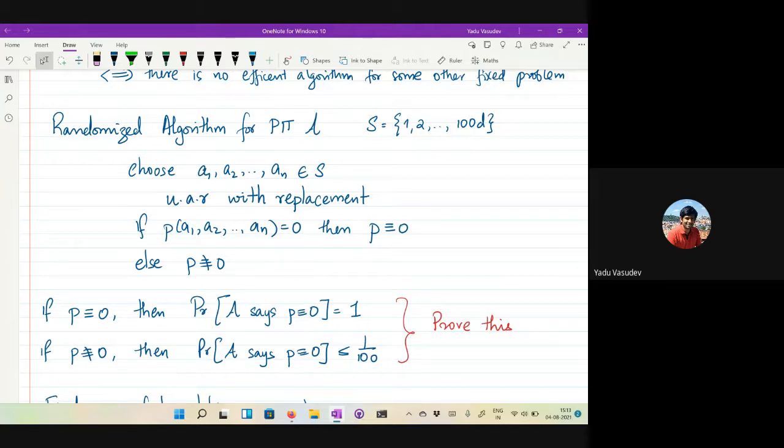These variables that depend on the random choices that you make are what are called random variables. We'll formally define what a random variable is; maybe you have seen it in your basic probability course. Analyzing a randomized algorithm is basically trying to understand the behavior of these random variables. For instance, if you take quicksort, the random variable there is the running time of the algorithm, which varies depending on the random choices that you make. The random choice for quicksort is the choice of your pivot.